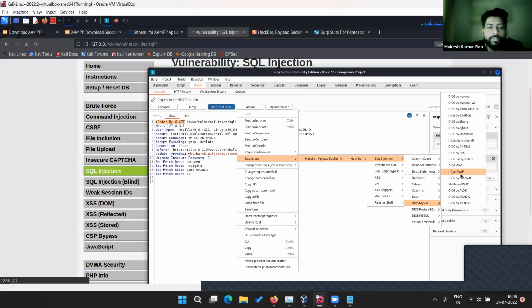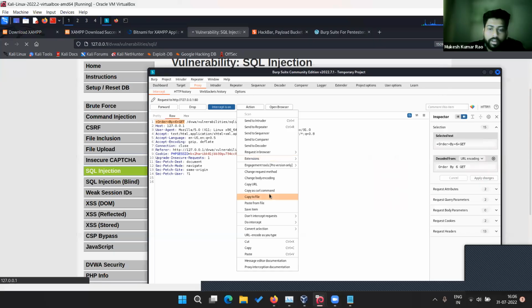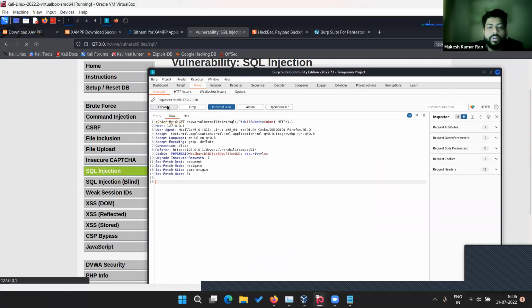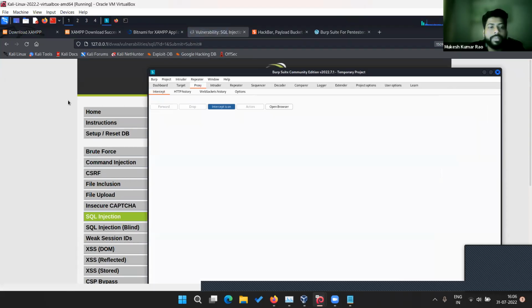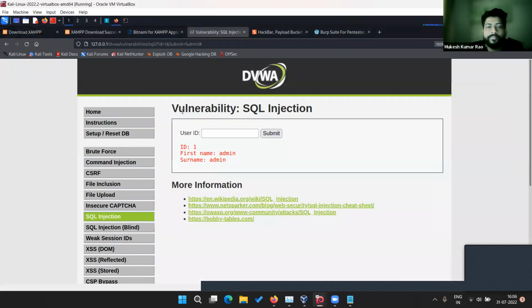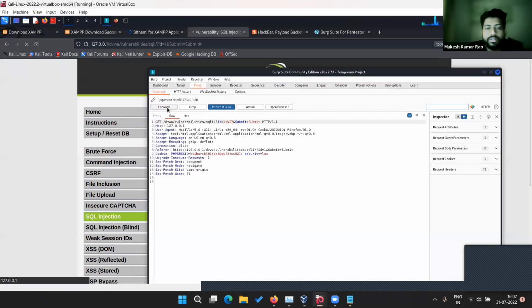So the whole process will become automation based. We don't have to wait for a longer time. So that's how the extensions are helping us. Just forward it. When you forward, the website will reload this way. Okay, so that's how things work. Of course, we need to practice how to use the tool. You need to learn, so read about the hack bar tool, how we can modify the queries, or even start with the manual approach. Like here I'm using one, then a single quote, and then I'm getting an error. If I forward again,